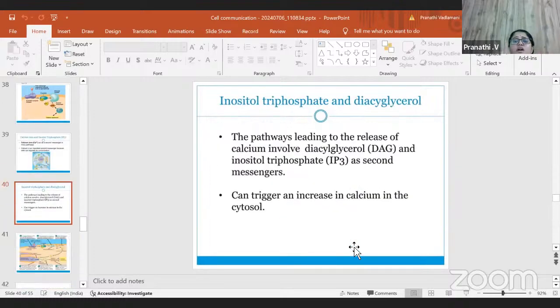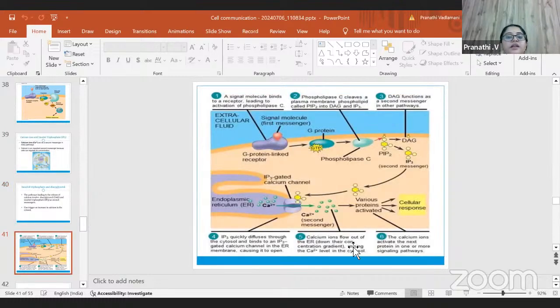Now, this involves another molecule known as diacylglycerol and IP3, which is inositol triphosphate, which are again secondary messengers which relay within the cell for other kinases or other molecules to be triggered. So what happens whenever DAG and inositol triphosphate are acting? This causes an increase in the cellular calcium. So, for example, any signal molecule is present. So this causes, in the case of the DAG or calcium pathway,